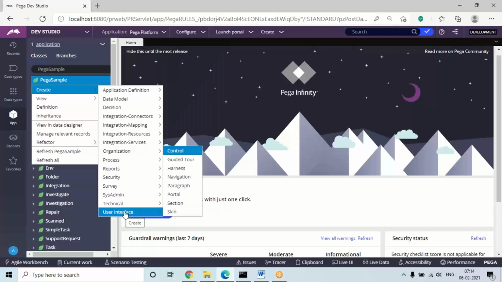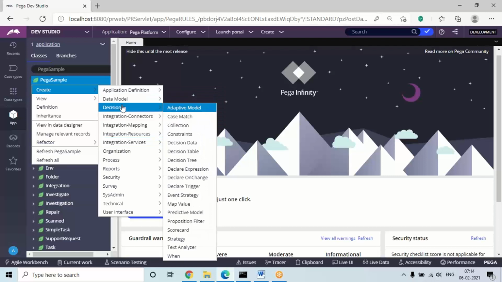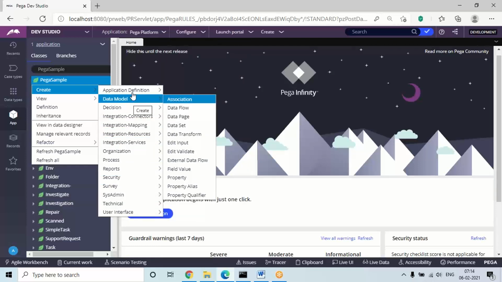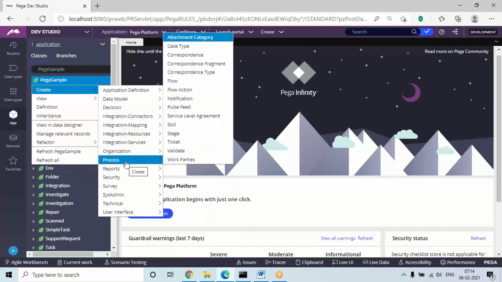And UI design and all comes under the user interface category. Most of the designs, again there are some designs in the header and other things, but most of the designs under the app explorer will be in the form of these templates. So under that we are going to open according to our design requirement. In this training also, mostly we are going to learn how to use all these rules and how to map them in the application. Okay? So these are the main things which we have in the platform.